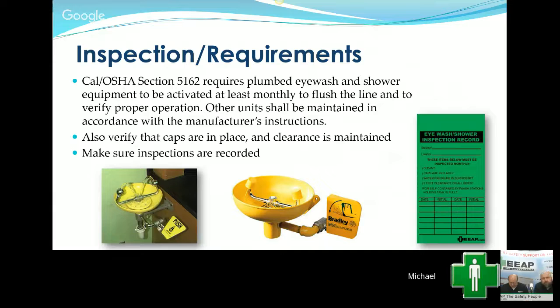The code requires that this eye wash and shower equipment be activated at least monthly to flush out the line, so we don't have that copper water that you were just talking about. Yes. And so you verify the proper operation. You talked about the flow and with it meeting in the middle. So you're checking for those things. You're also verifying that when you're done and you've inspected it, that the caps are in place and that you've maintained clearance. And then the important thing is keeping that record there on the tag that should be on your